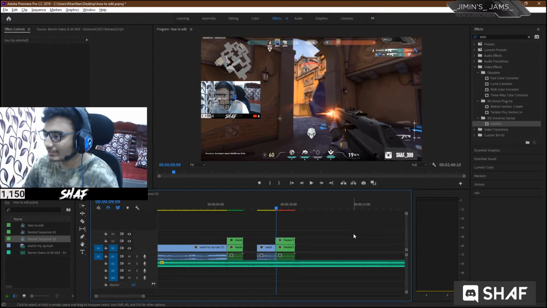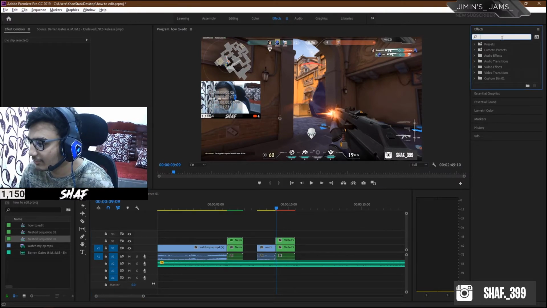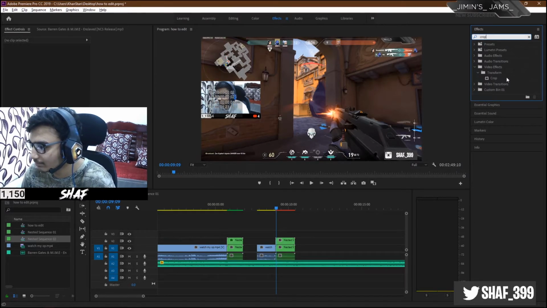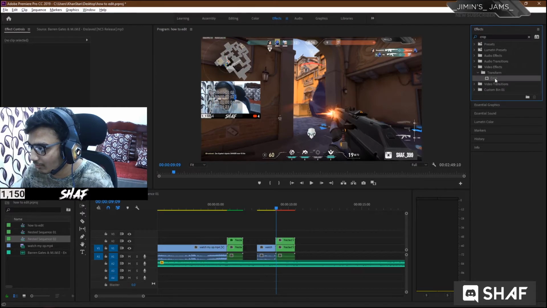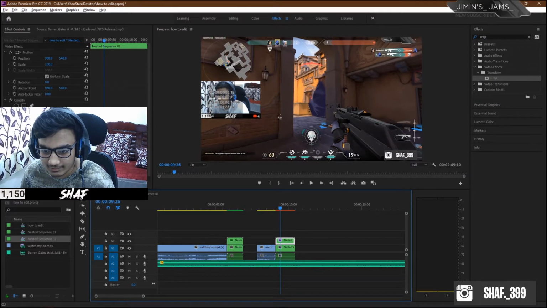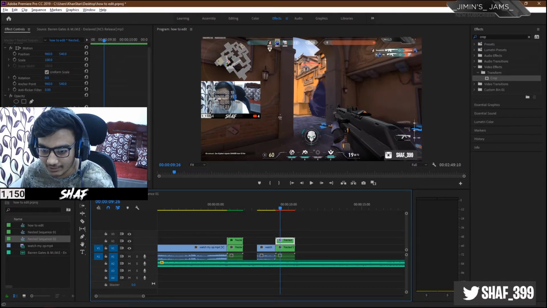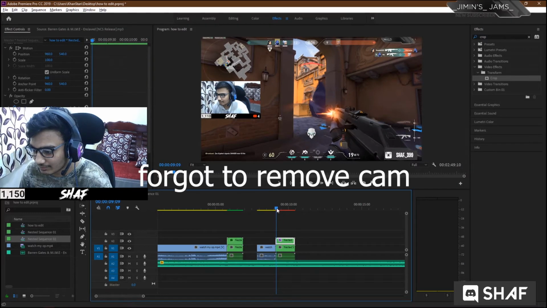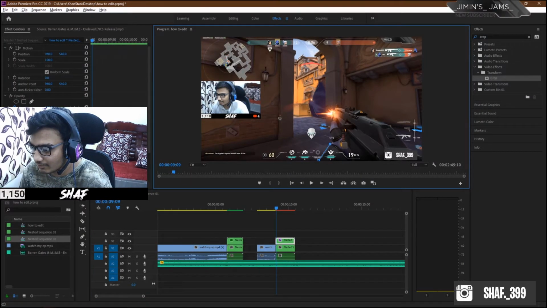For adding effects, you need to mask your clip, right? For masking I recommend this effect. There is an effect called Crop in video effects, transform and crop. Drag this crop onto your clip and you will see it has appeared in the effect control panel. Just press this pen, go to the front part of the clip and start masking like this. You have to mask perfectly if you want your effect to look more beautiful and perfect.